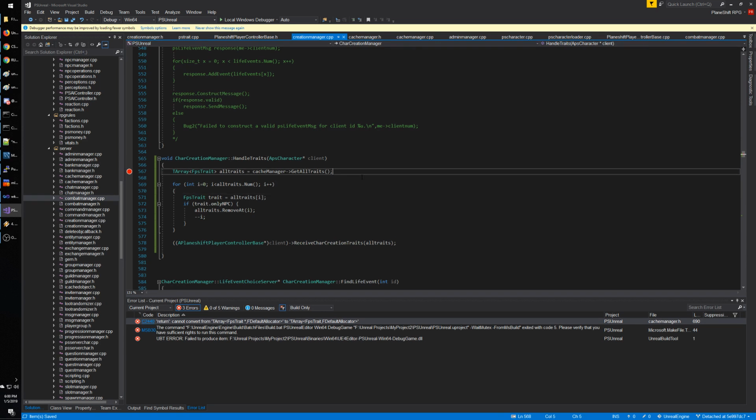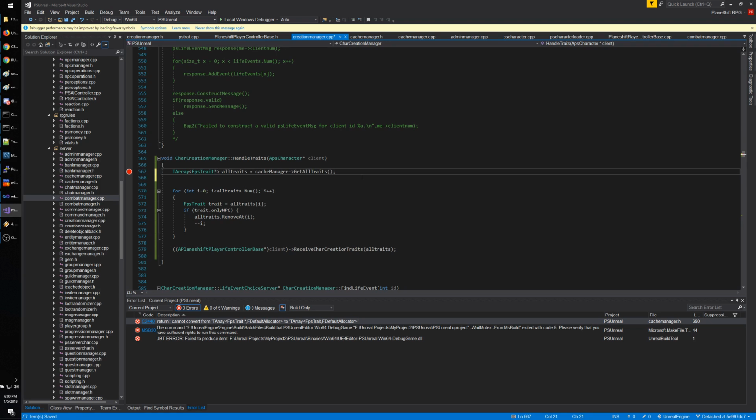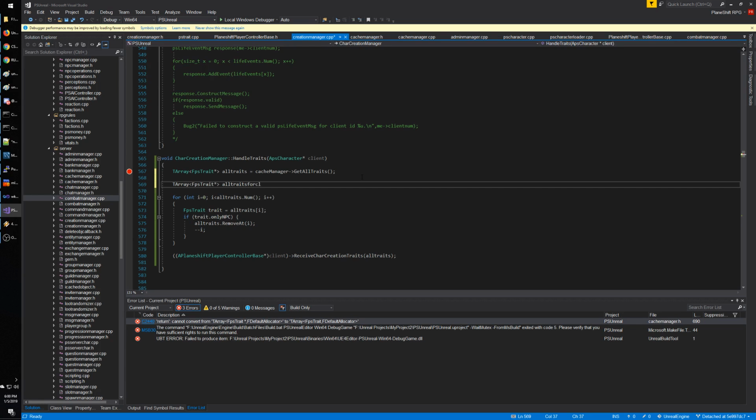So I think what I can do is, this one then will be this, you know, and I can create another one which I will call for client, right? So this one will be sent to the client and will be without a pointer, and I will cycle that. In this case I will have to do something different, so I will have to do this, and then this will become like this, and in this case, yes, it will be the opposite. So if it's not for NPC, then we will add to our array, right? We will do all traits for client, add, and we will add